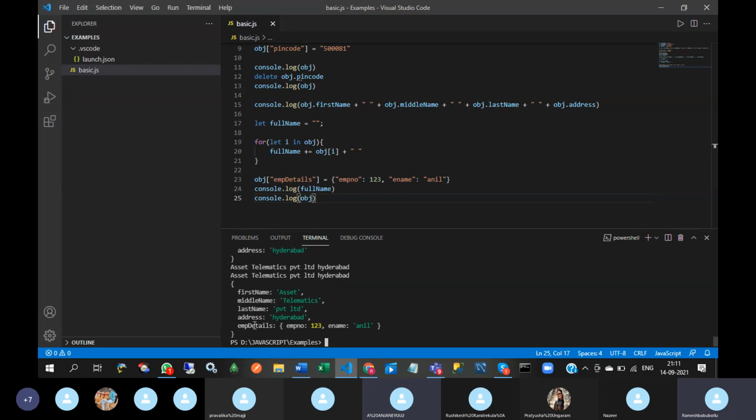So I have inserted the employee details key name, and in that key name I have inserted one object. Okay. So how to retrieve this object?